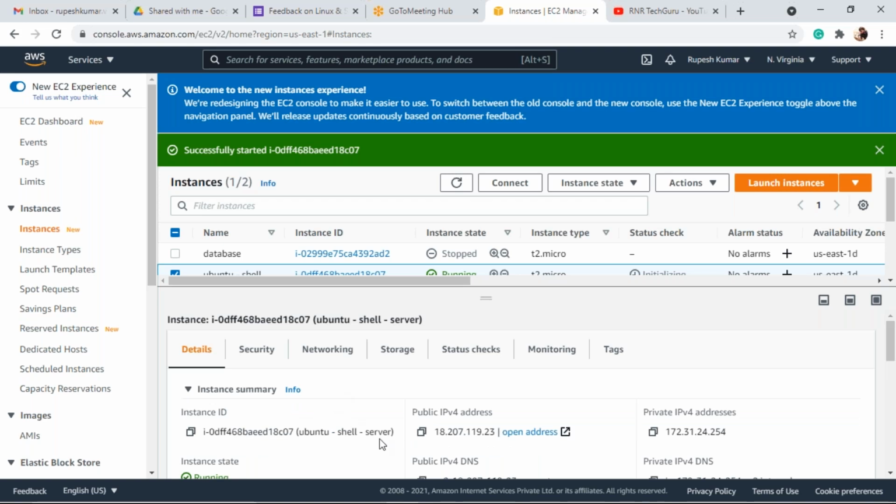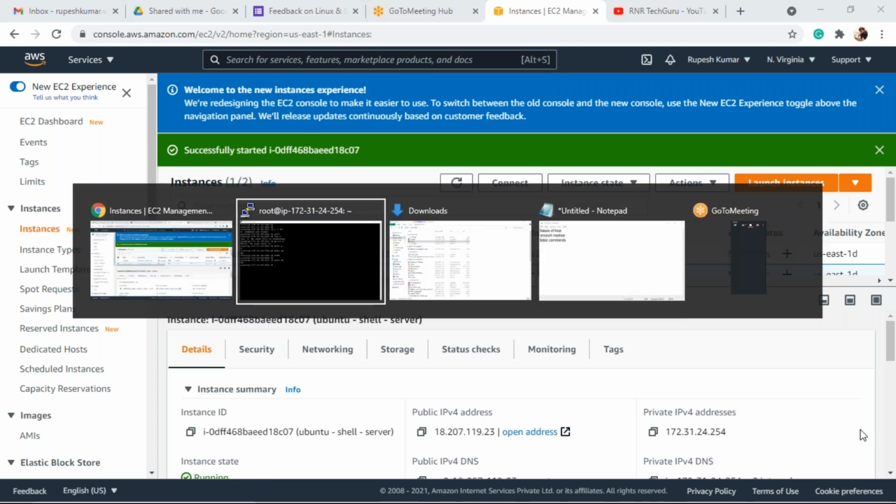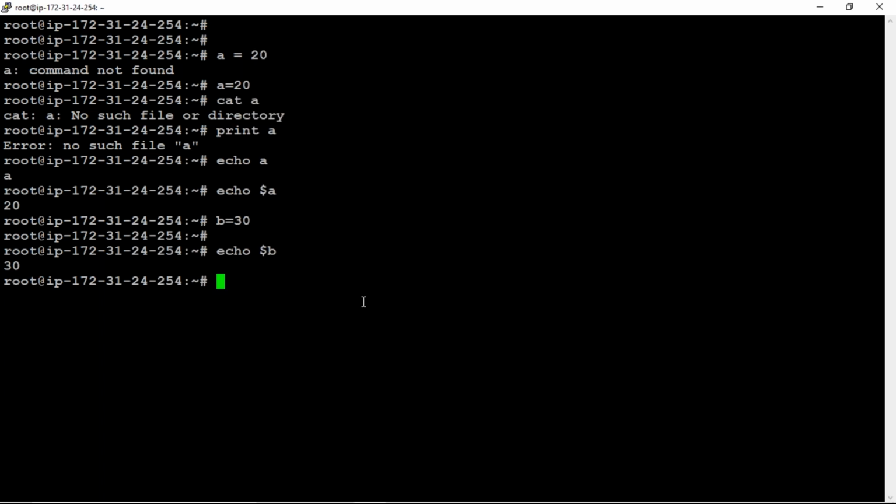So how to find out that IP address or the instance ID? How will you find out? Without seeing your graphical user console, you need to get it by using a script. How will you get that? By using a non-routable IP. So that non-routable IP is curl space